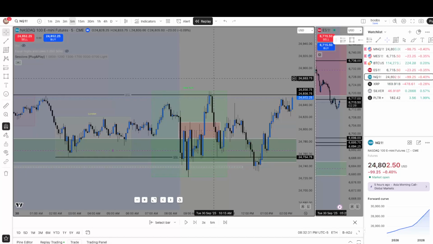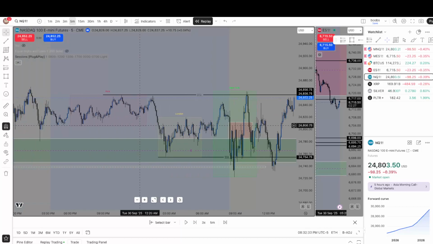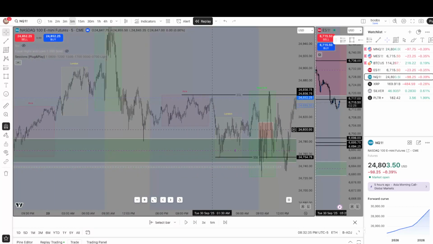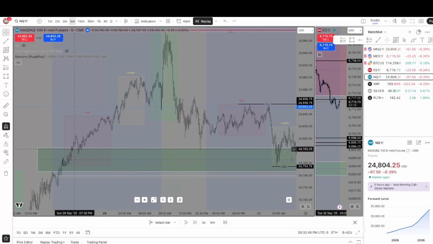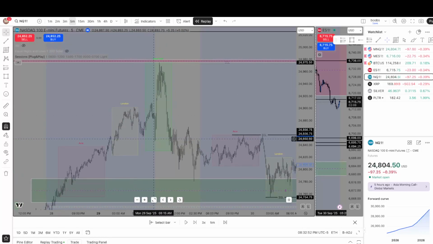But I'm a New York AM session guy. I don't trade London. I'm sleeping during London from 2:30 all the way to 5, 6. In Asian session, it's just not a lot of volatility, and you can see that here. Asian session is just consistently moving up. Maybe you can get a continuation. London session does have some good volatility, but then New York opens up, sweeps, big move up, sweeps, big move down.